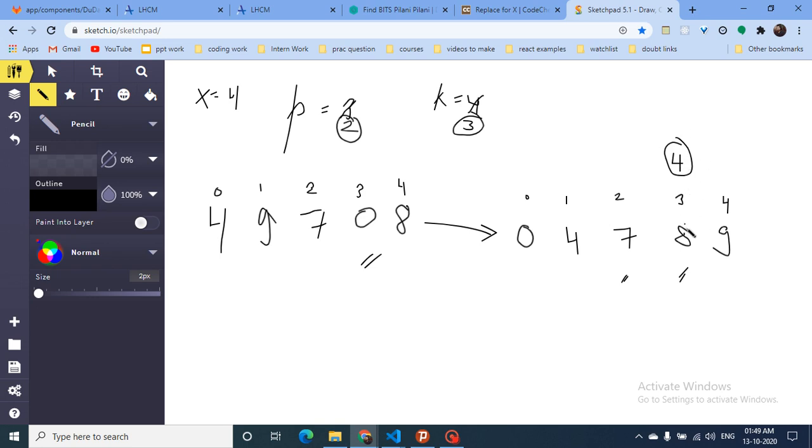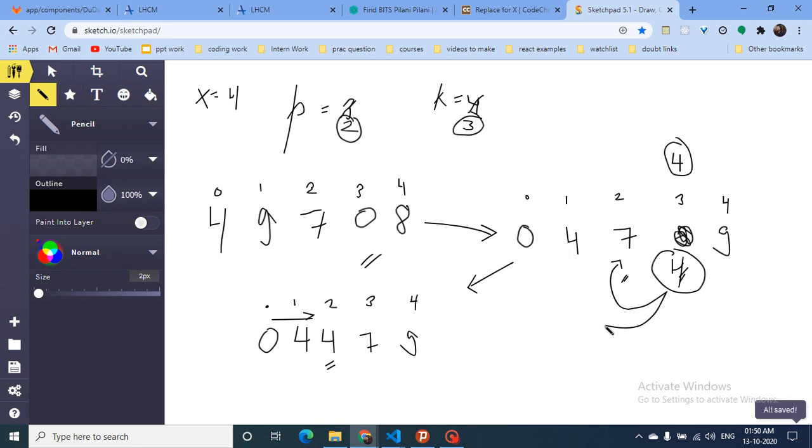See, if I replace this 8 with 4 and sort it out again, the new array will be 0 4 4 7 9, because 8 is replaced with 4. Now this is the new order, in which this is the 0th smallest, 1, 2, 3 and 4. So as you can see, now the second smallest becomes 4, but this array actually shifted by one position, like you can observe that this number is transferred to this position.